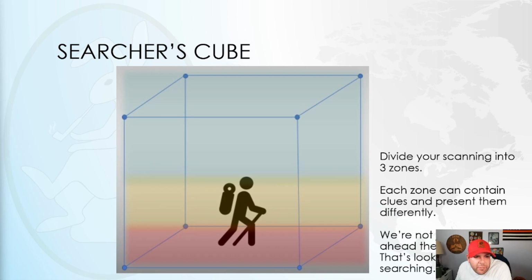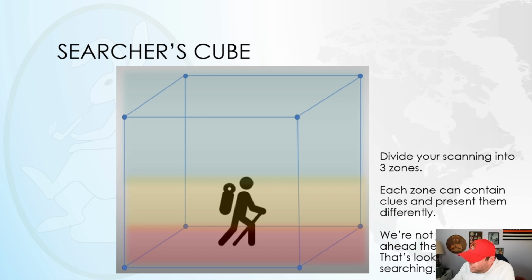One of the ways that we really talk about this is by trying to describe where your eyes should move whenever you're searching. We try to frame this by saying, think of it as you're in a cube and you're trying to look at different levels, different points within the cube, looking behind you and trying to envision that your responsibility is to look at all corners and all sides as you're moving through. Some of the easy, simple ways to wrap your mind around it are